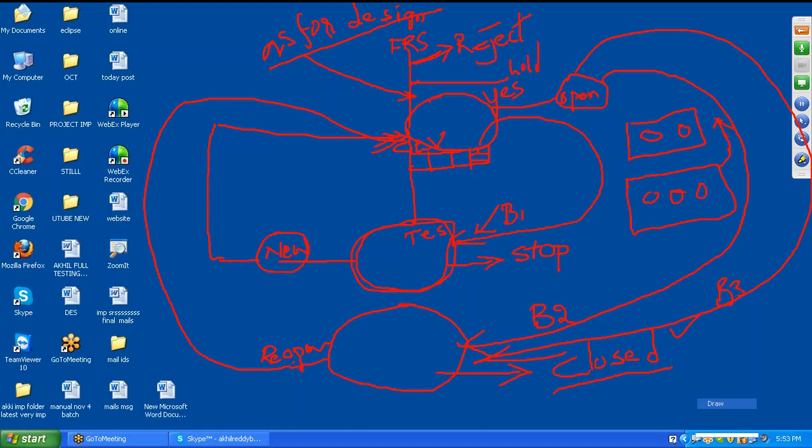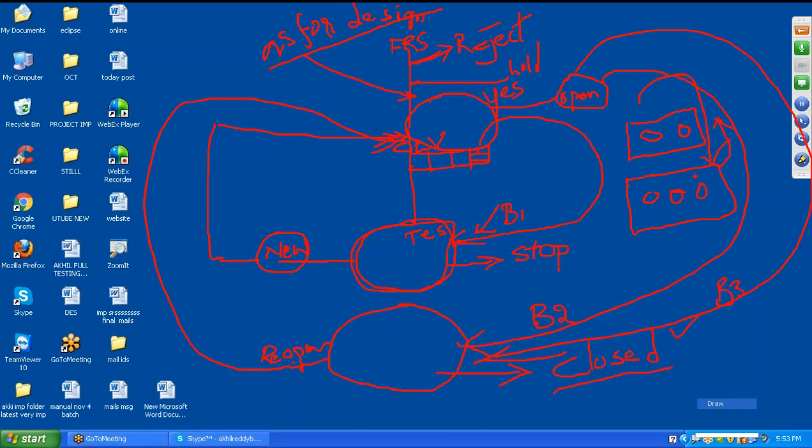We write the description and send it to the developers. They will give an explanation: actually, based on the FRS he wanted two buttons, but a new requirement was added and he wants three buttons. In that situation, they will give as per design. As per design means a new customer requirement was added.